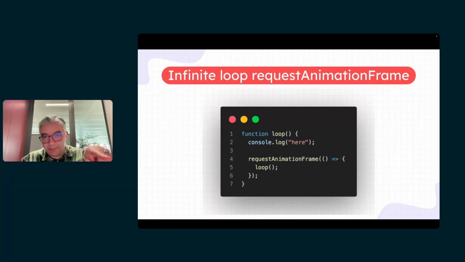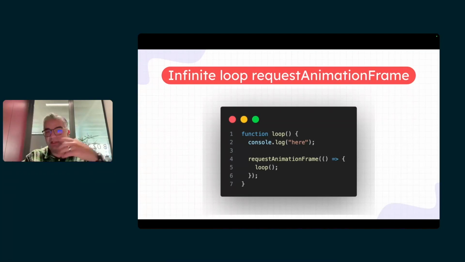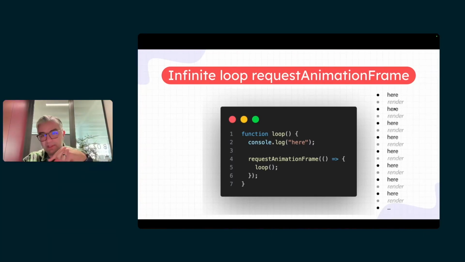For requestAnimationFrame, it's going to pick from the queue till the one that you just registered. So if I run one of them, it's going to do a render and pick the newly added one.